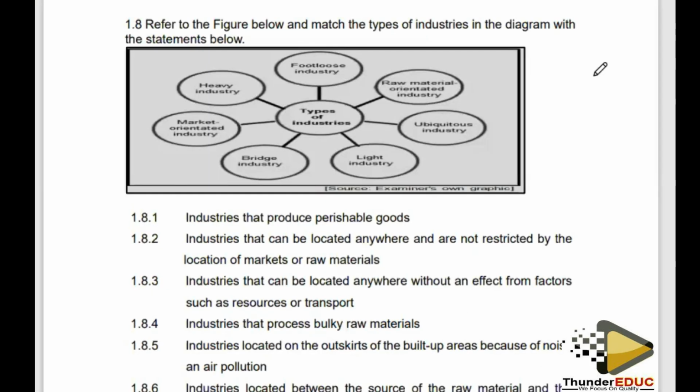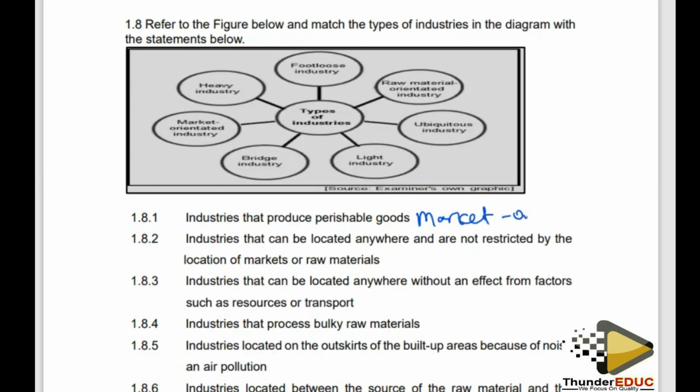So 1.8 as well, it's about the types of industries, the diagram with the statements below. So we're going to match the types of industries with the statements below. So number 1.8.1 says industries that produce perishable goods. So that would be the market-oriented industries,